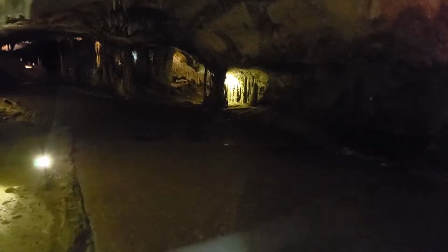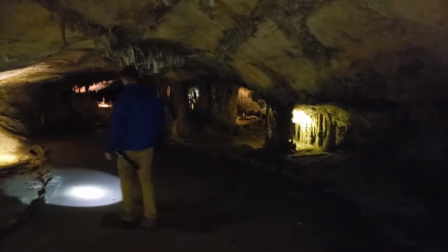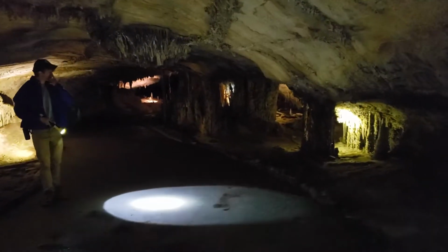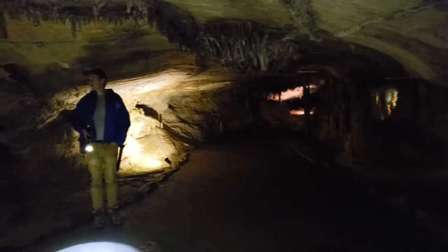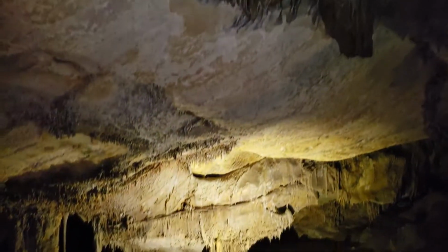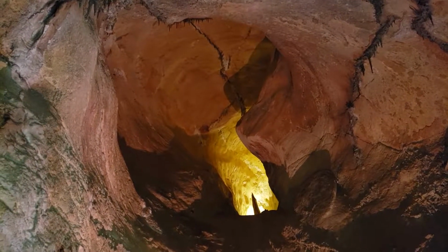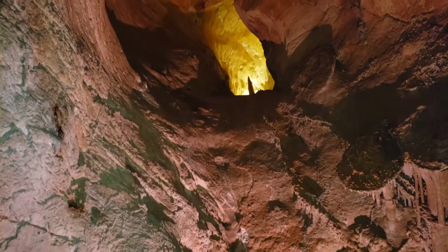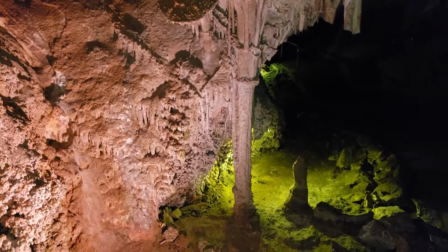And last time, right here, in Lehman Caves. However, they do not now. Anyone remember why? Closed off the entrance. Right, the natural entrance was closed off for about 40 to 50 years. Why was that? So that's because